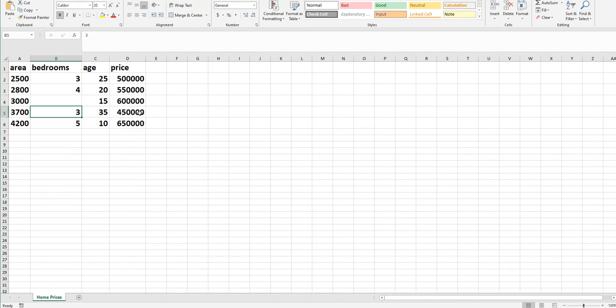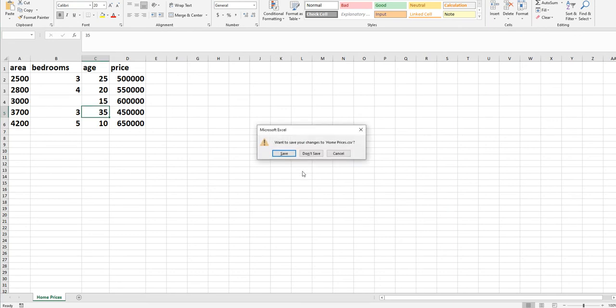Why is the price less than the 2500 square feet house? Because that one is 25 years old and this house is 35 years old. Though the area is more compared to the other, it is older than that house. So it means that price depends on these three factors. These three are the independent variables while price is the dependent variable. We will take this CSV file as an example and work on our